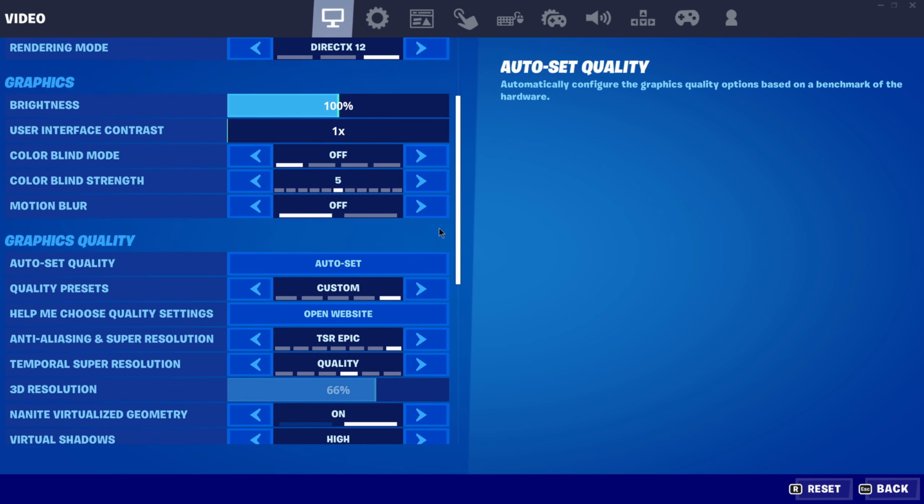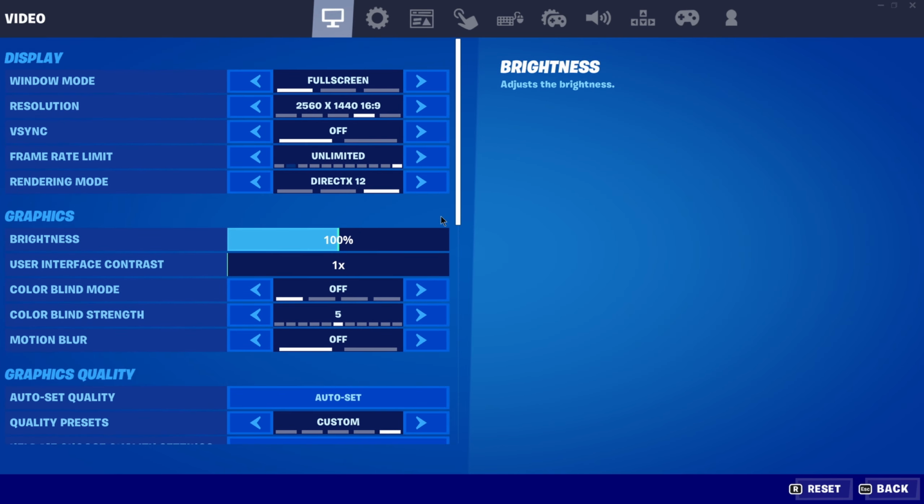Today we have Fortnite with its new update using Lumen and Nanite from Unreal Engine 5. It's pretty exciting to see this. For those of you that haven't really had a chance to see Lumen and Nanite firsthand using